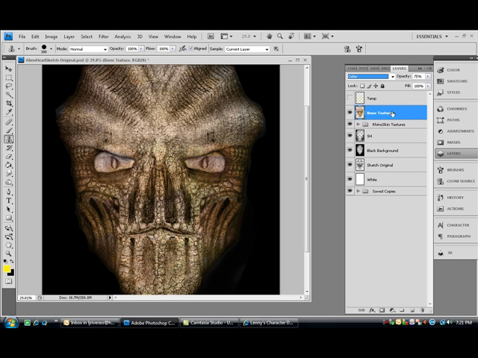Let's do that. We're back on our bone texture. Let's come here. And let's see what happens as I come over this spot here. There we go. I don't really care about the eyes. I just want to make sure I get everything around the eyes. I am getting rid of all those